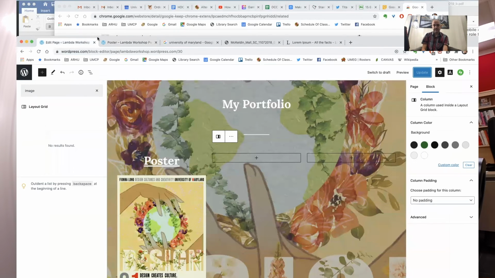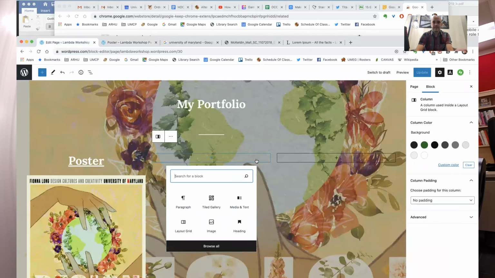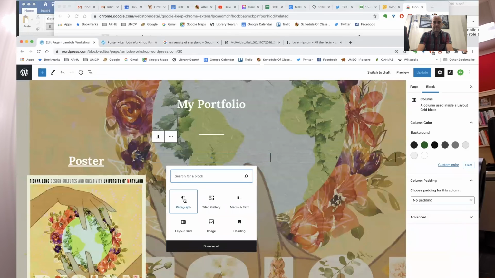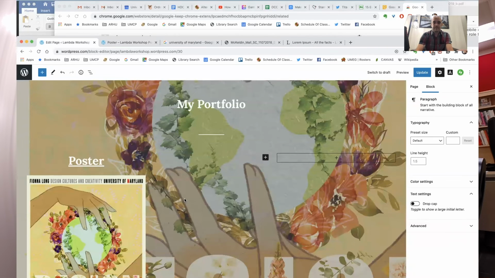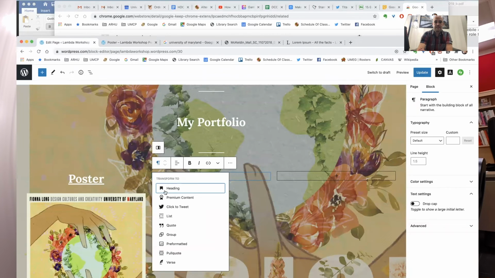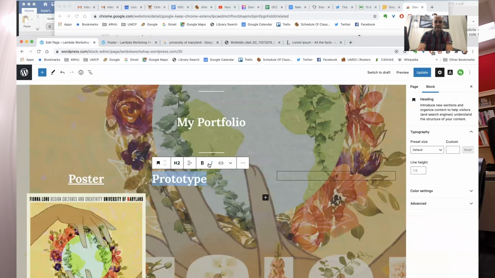Okay, so that's how you're going to set up your portfolio, and you'll add new things. For example, the second project is going to be a prototype. So I can highlight that text, type it in, and change it from paragraph to heading. I can center it, and then go ahead and